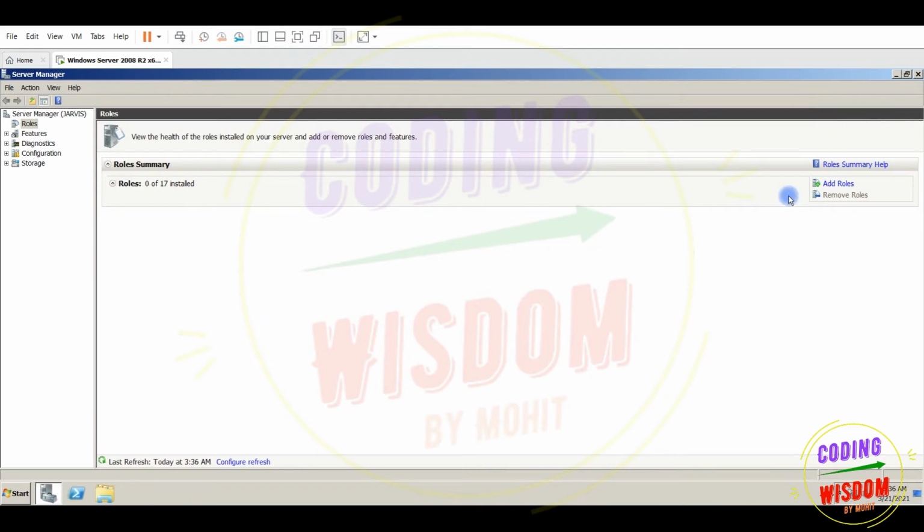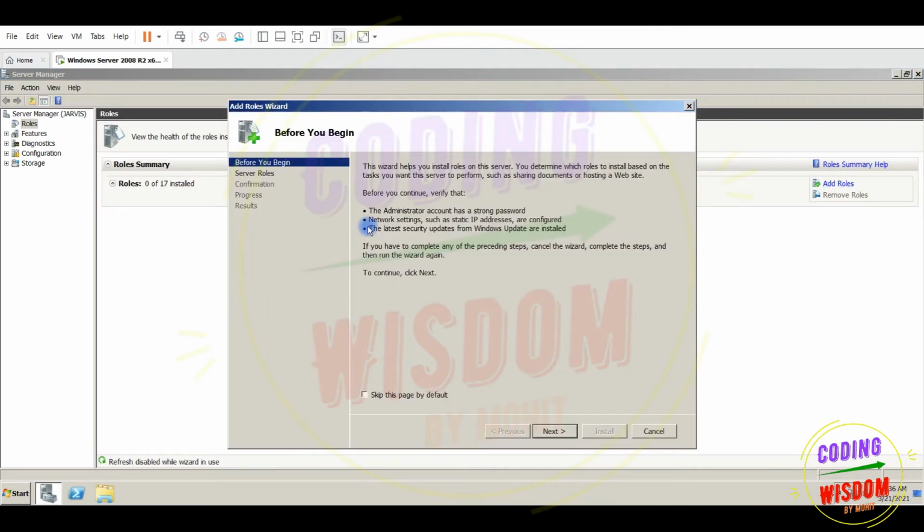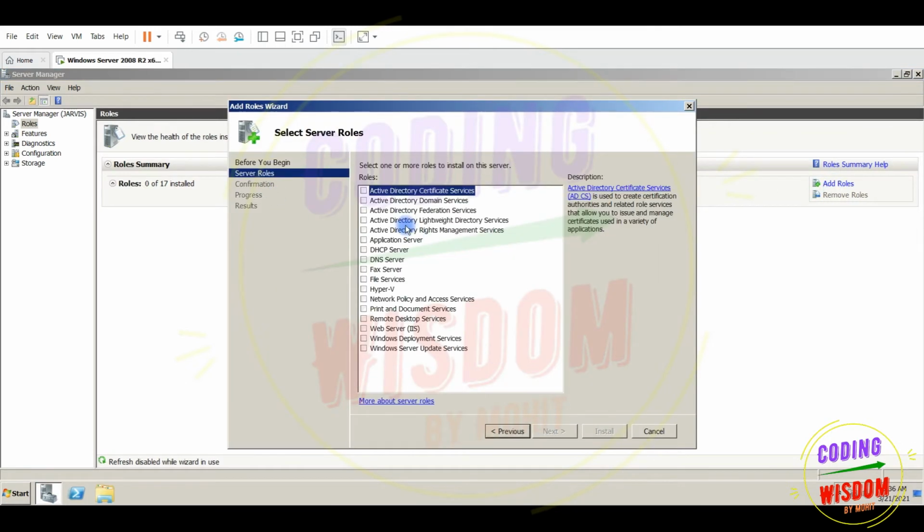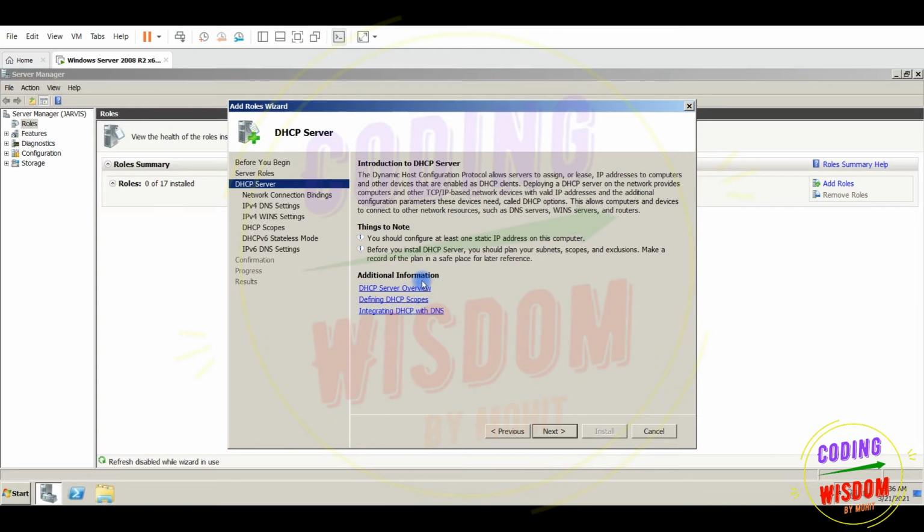Close. So now add role again. Next, DHCP server. No, there's no error. Next. Now if you want to go through the theory related to the DHCP server, you can go through it: DHCP server overview, defining the scope, everything. So next,